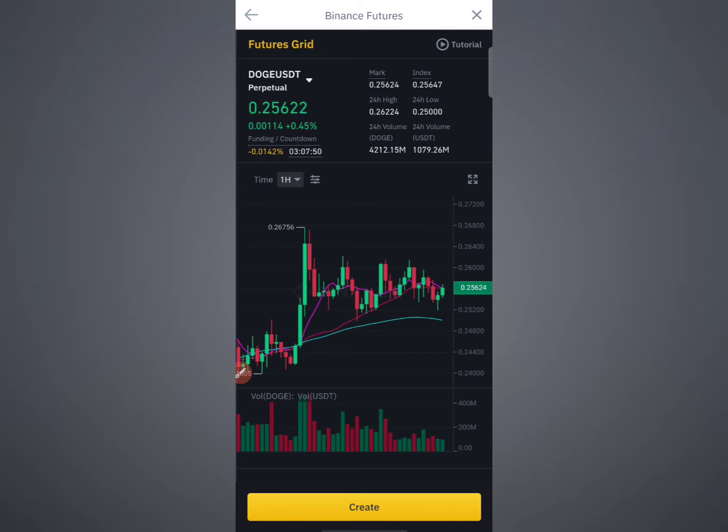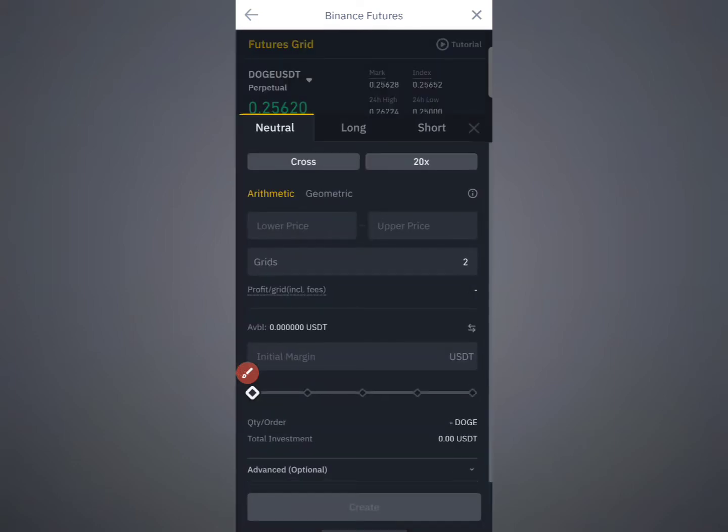Once you click on grid trading, you will get into these features. Once after that you need to click on this create option here. So the fourth point is that you just click on this create option. Once after that you will get almost 8 to 9 options here. I'll explain one by one, so stay tuned throughout the video, don't skip the video. If you skip any of these features, then you are going to lose the amount. The first option is called neutral, long and short.